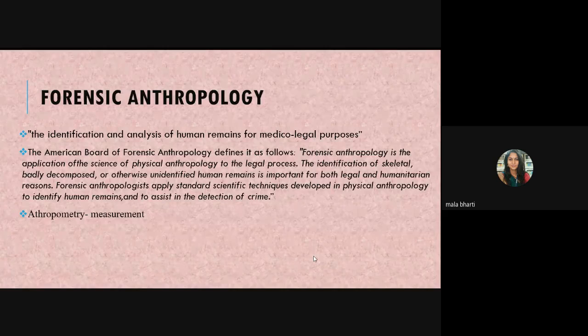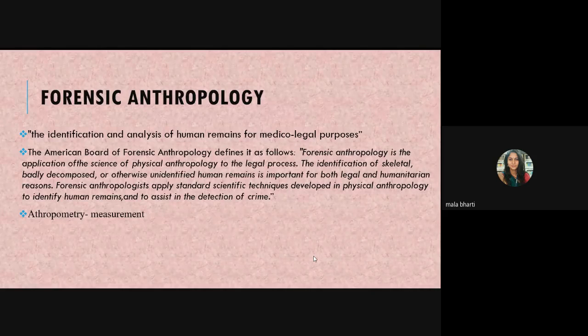Mostly in forensic anthropology, the cases which come under this are the skeletal remains which we find at the crime scene. Be it a plane crash or a mass disaster, a huge number of skeletal remains are found at the crime scene, and these bones are sent to the forensic anthropologist for further analysis. So overall, forensic anthropology is the application of physical anthropology, anatomy, and forensic medicine, along with forensic science.